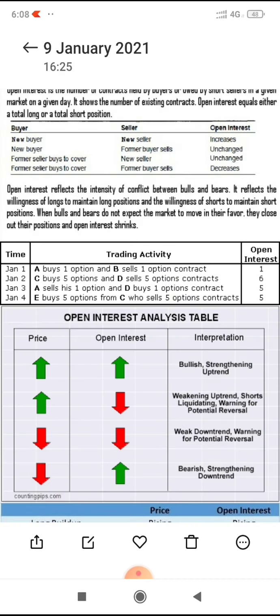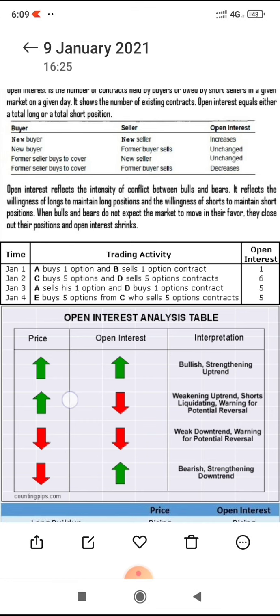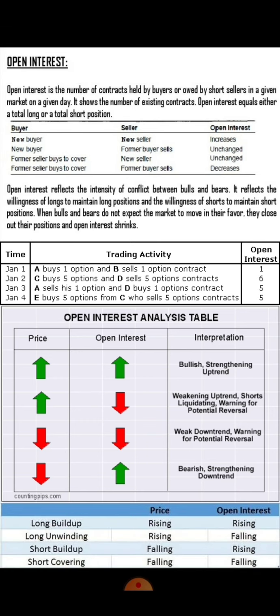This video is regarding open interest. This is an educational video where we will learn what open interest is and how to use it to determine the trend in the stock. Apart from that, we'll check its advantages and disadvantages, and we'll check some examples on open interest. This was a long pending video requested by many members on the channel. So let's start and see what open interest is.